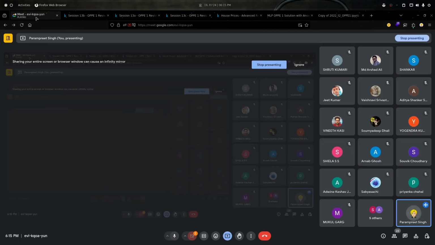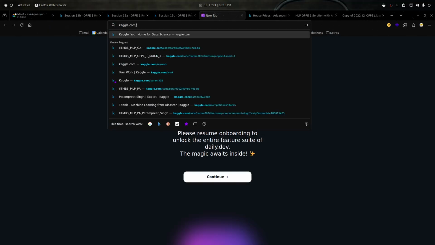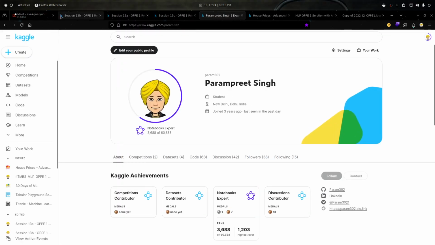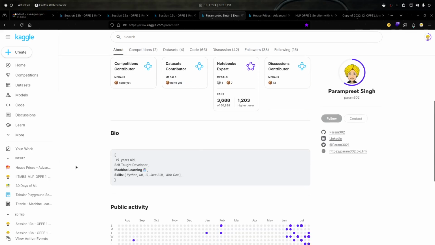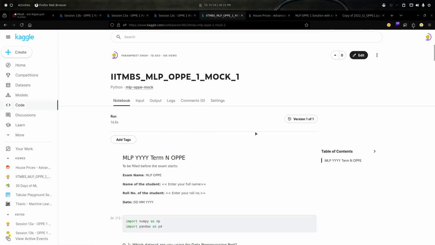And one more thing, if you want to practice any of these on your own, you can go to my profile or open the notebook directly. Let's say this is the notebook. When I share it with you, this is how it looks.